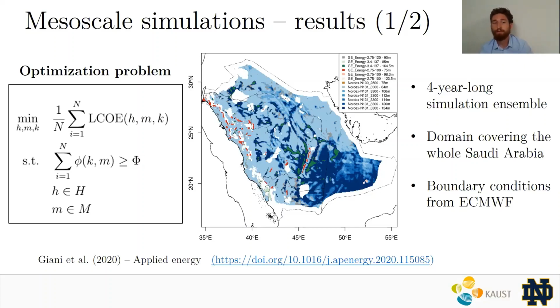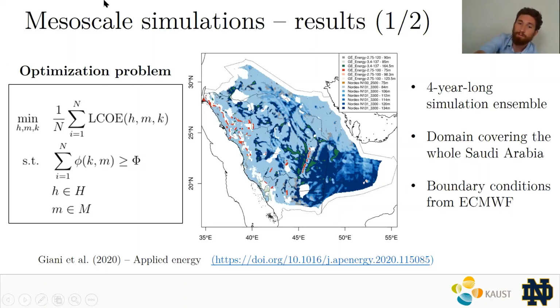So this phi that you see there, the big phi, in our case would be 16 gigawatts. And of course, there are a discrete number of manufacturers, so M should be limited in a set that I'm calling big M, as well as H is limited in a set that is called big H. So those are the constraints of our optimization problem. Bottom line is, if you solve this optimization problem, and you can do it after you ran your wind speed simulations at very high resolution, as I was mentioning before, you can end up with a map like this, right?